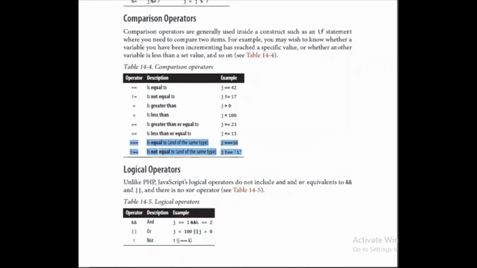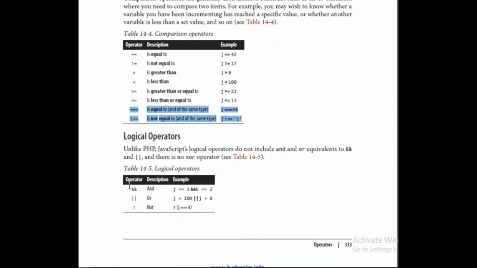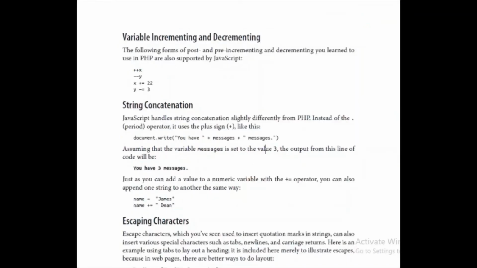And then we have the logical operators right here, the and operator, or operator, and the not operator. So you can use all these in your if statements and wherever you want to use. And basically and means that both the conditions are true, or means that any one of the condition is true, and not means that this j is equal to k is false. It means not.